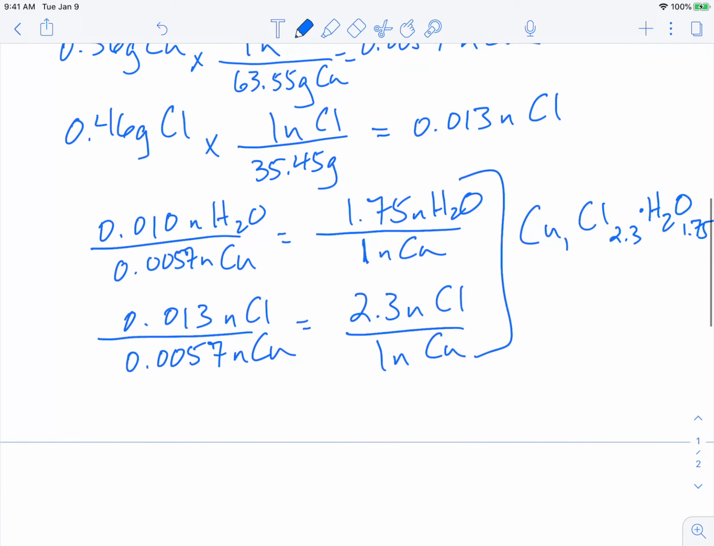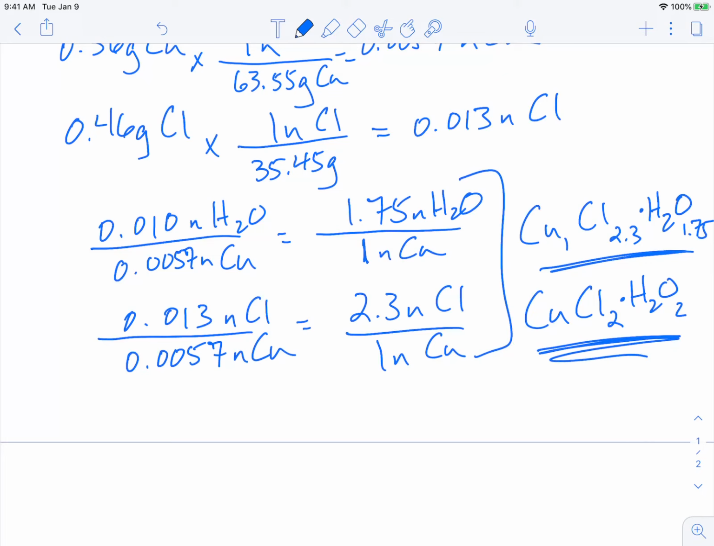Now, we can't have decimals or fractions there. So typically what you would do is round this. And so the Cu is going to still be 1. My Cl, I would probably round to 2. And my H2O, I would probably also round to 2. And this is actually the formula of the hydrate that I chose. And so our numbers come pretty close to it,